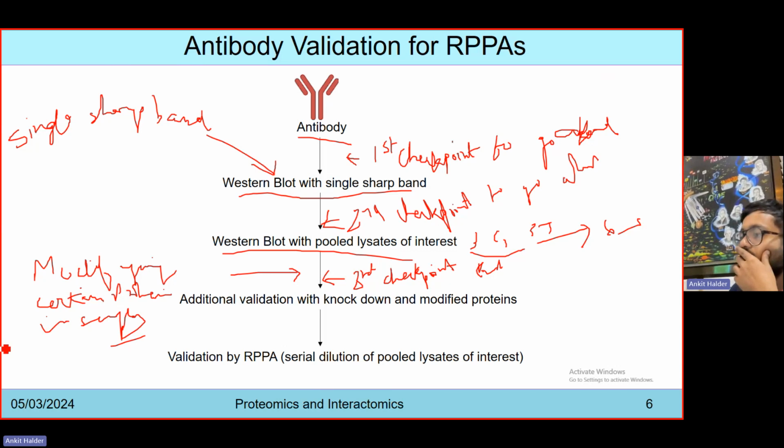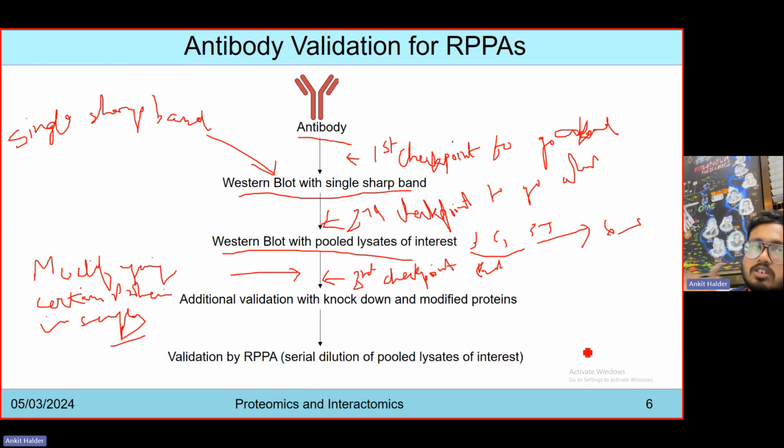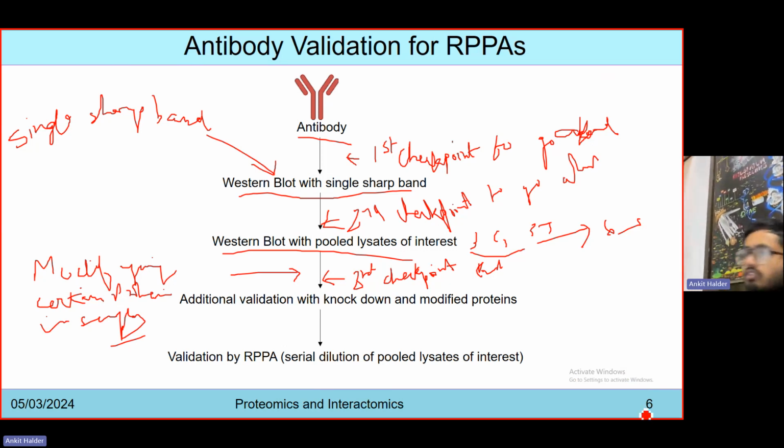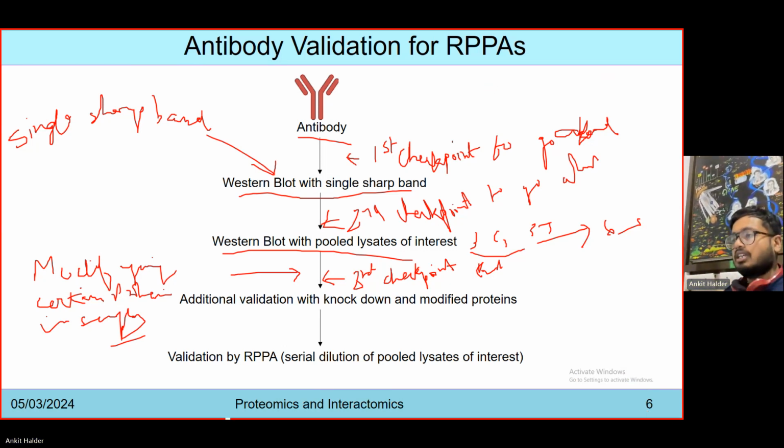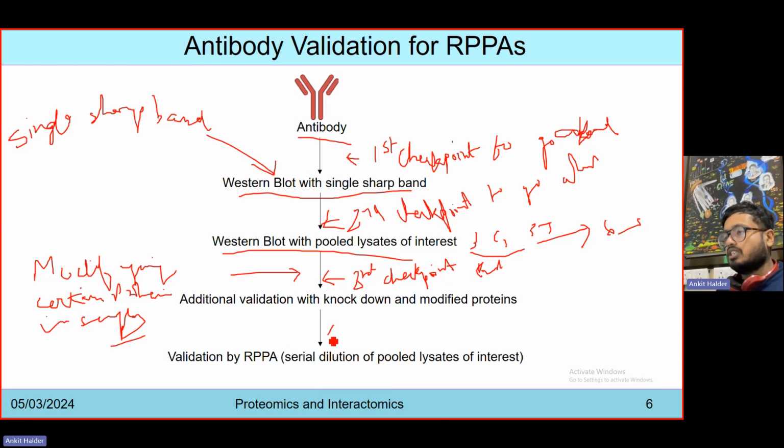And then the fourth checkpoint is that if all these checkpoints are crossed and we get a yes and the go ahead that the antibody is working fine at each and every step, then only can it be taken forward